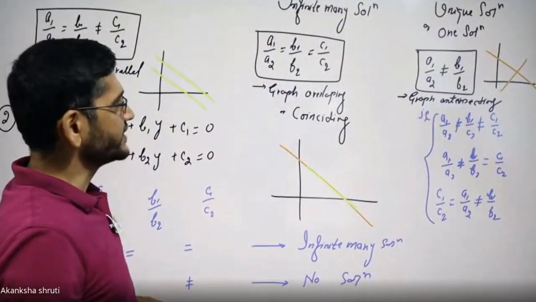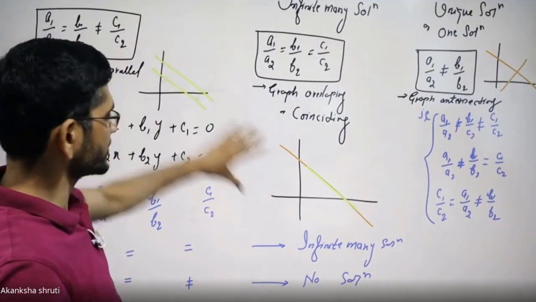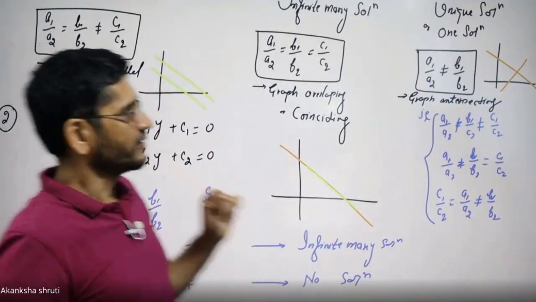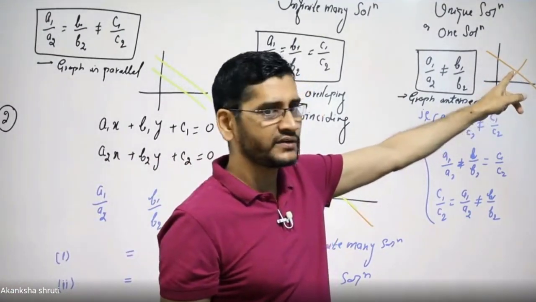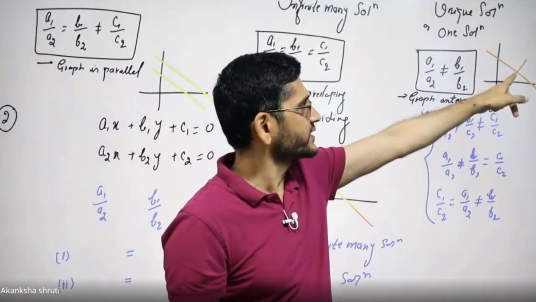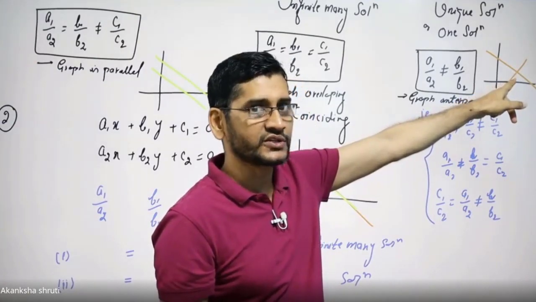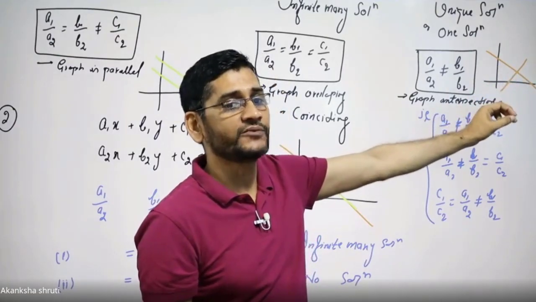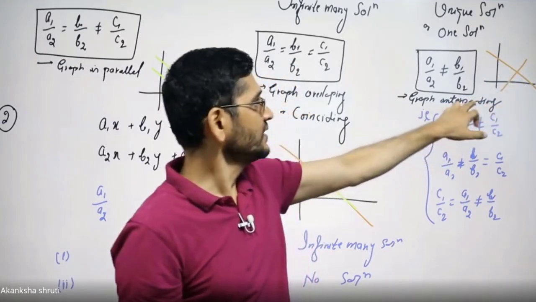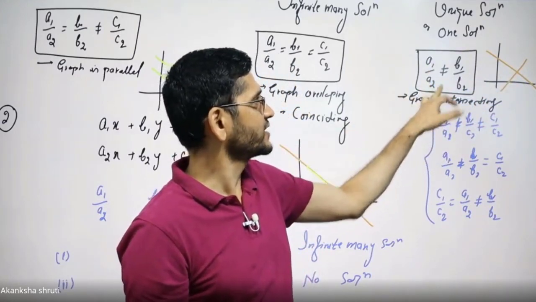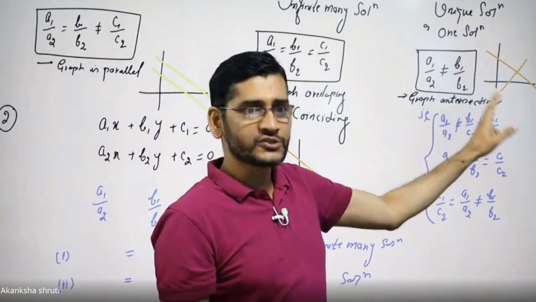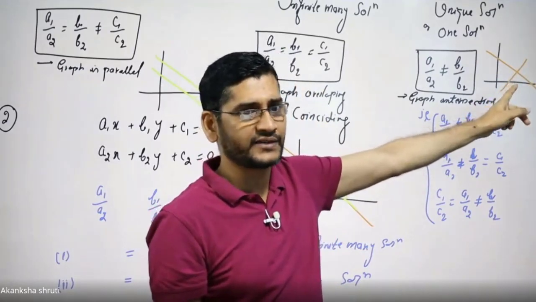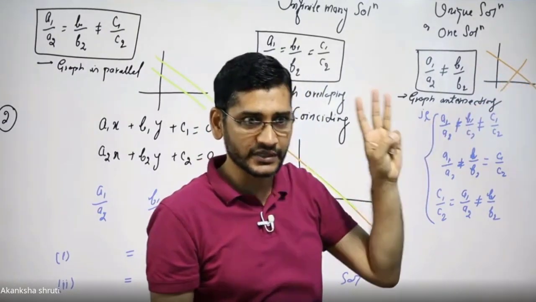Students, by taking different equations, we have plotted these graphs. These three kinds of graphs we have come across. We have observed that if these two lines are intersecting, the coordinate of this point gives the solution. So the solution of x and y can be determined. The algebraic relation is a1 by a2 not equal to b1 by b2. Also graphically we have understood that their slope or inclination with the x-axis is different. As a result, they are intersecting. So these three things you have to keep in mind.